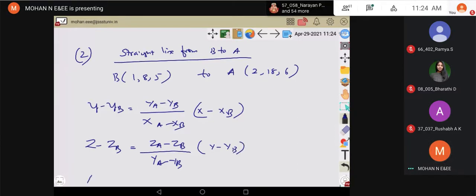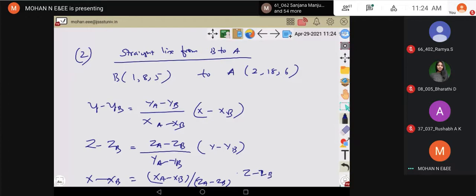Similarly, x minus xb is equal to xa minus xb divided by za minus zb, okay, multiplied by z